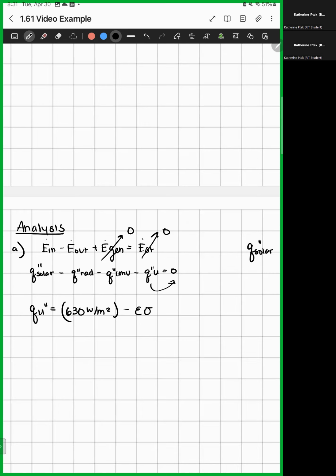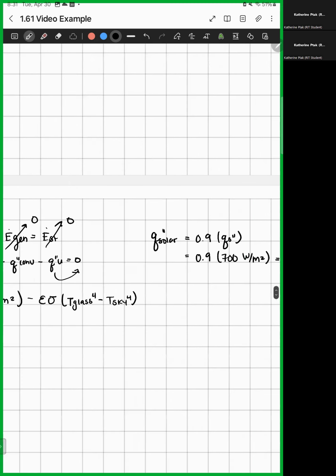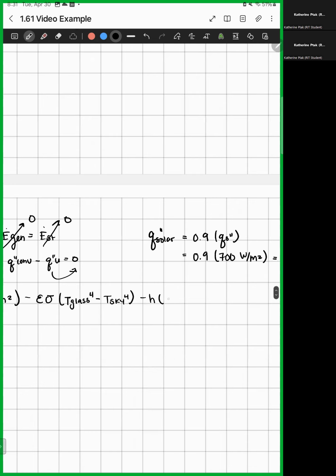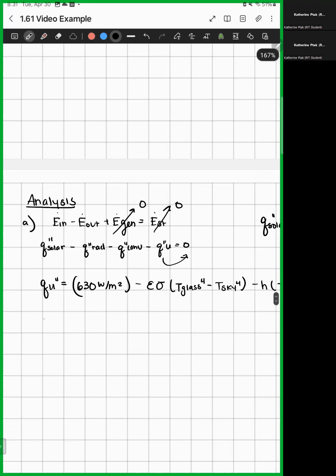your efficiency times the Stefan-Boltzmann constant. We have T glass to the fourth minus T sky to the fourth. And then we have minus H times T glass minus T infinity. So I'm just going to plug everything in. 630 watts per meter squared